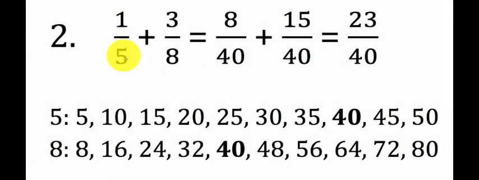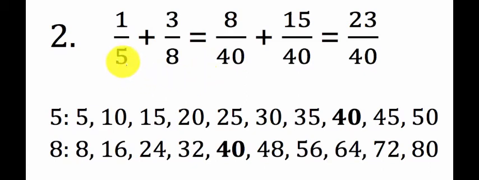For our second question, we had 1/5 plus 3/8. Because our denominators are different, we do have to find a common denominator. So I'll find the first 10 multiples of 5 and the first 10 multiples of 8 and see if we find any matching numbers. If I line them all up here, we see that 40 is a common multiple of 5 and 8, so I'll use that as my common denominator. So I put 40 in,